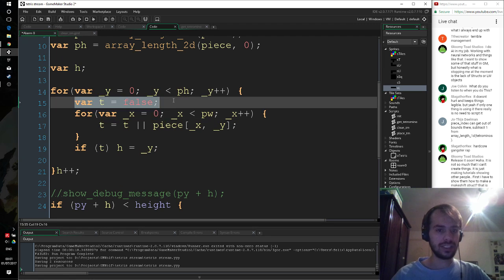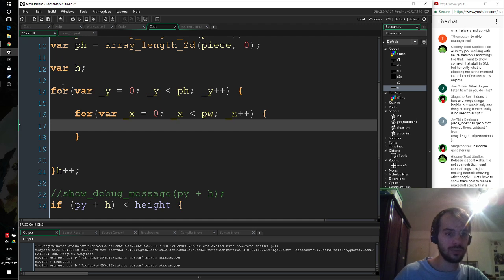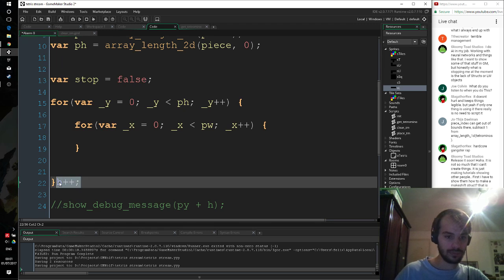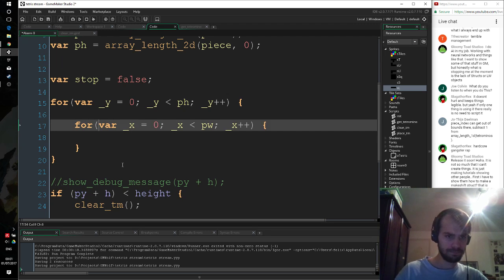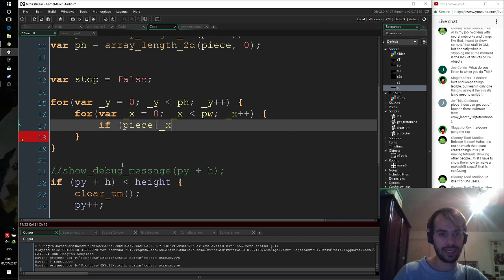Right, I'm going to change this a bit such that instead we check right beneath it. So we're going to have this variable called stop and then set it to false. And then we're going to check, first of all, if there is something at this position. So if piece at position underscore x underscore y is greater than 0,